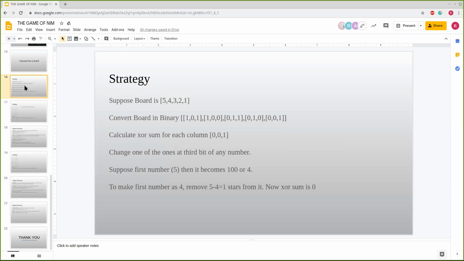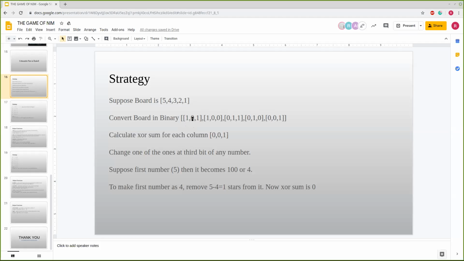For strategies like that, we first take the board, here it's 5 4 3 2 1. I convert it to binary form, so that becomes a list of lists, and then we calculate the XOR of each column. This is the first column, so 1 1 0 0 0. Since there are two ones, its XOR will be 0.